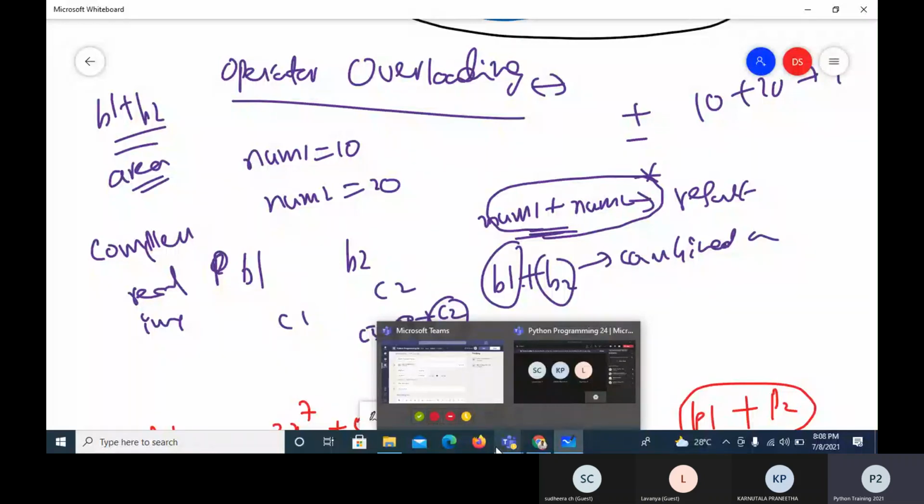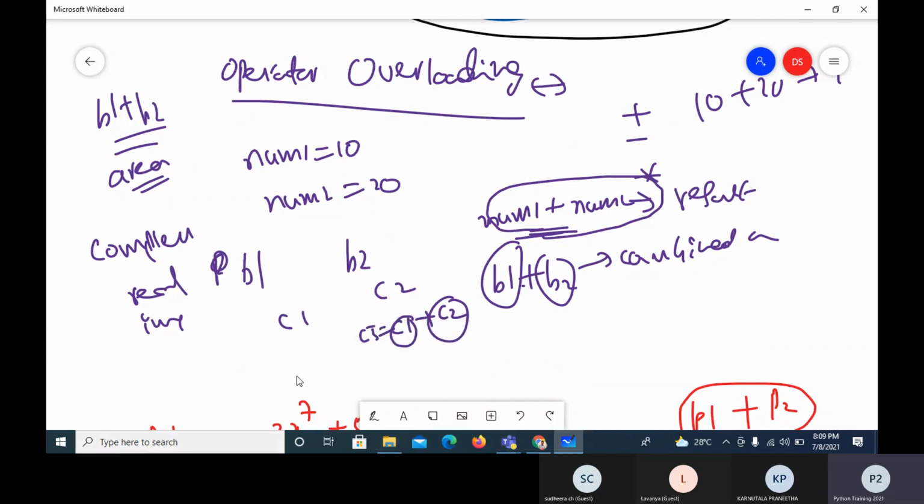I can represent the polynomial with the help of a class, suppose. Then I want to add the polynomials by using this operator overloading.